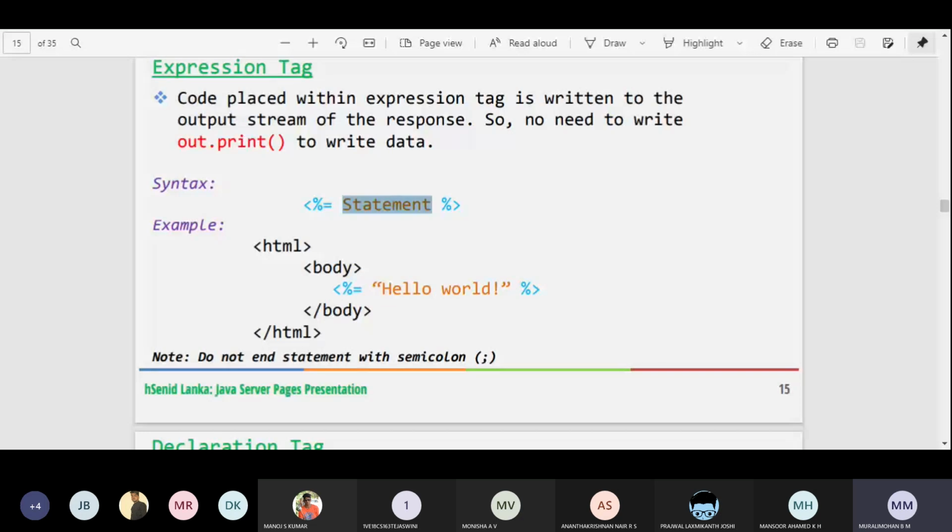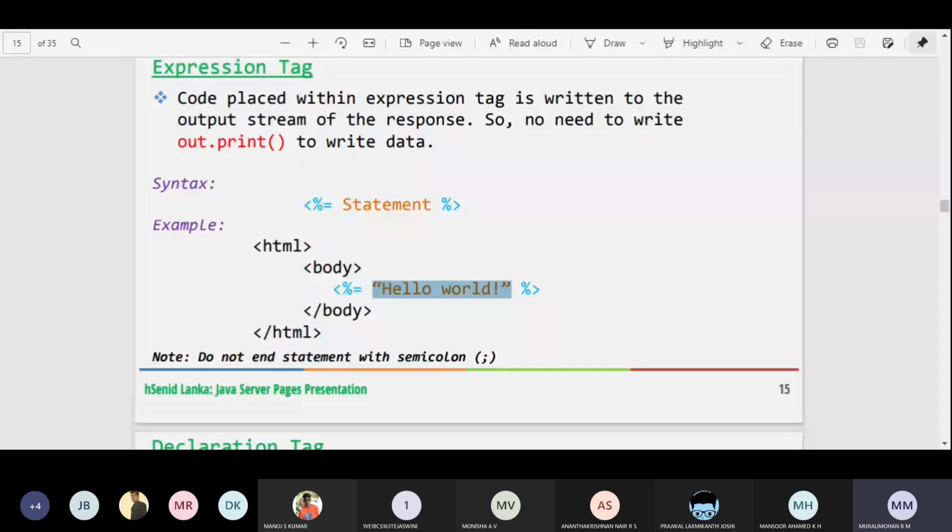Whatever I want to write onto the screen or the output stream, I can directly write into the expression tag. Just I use this tag and write whatever I want to print on the screen.